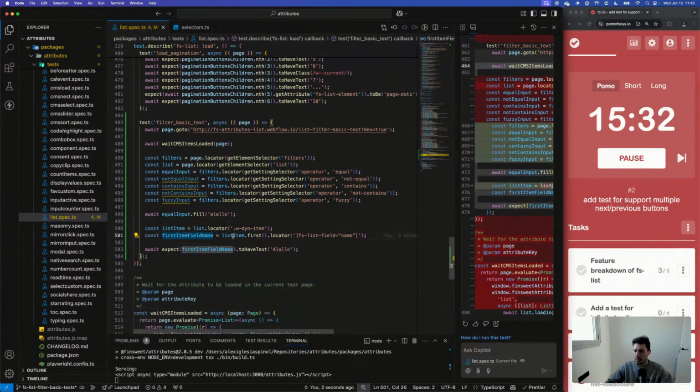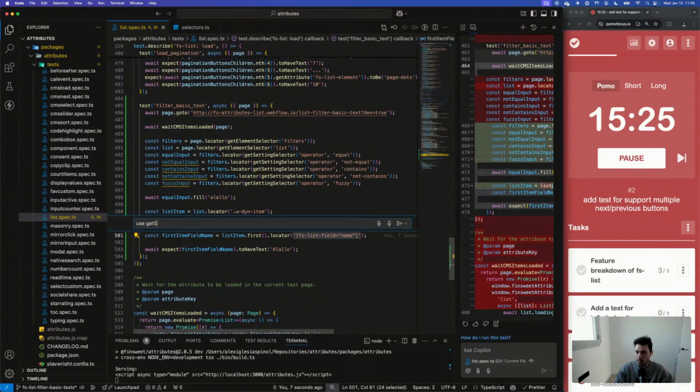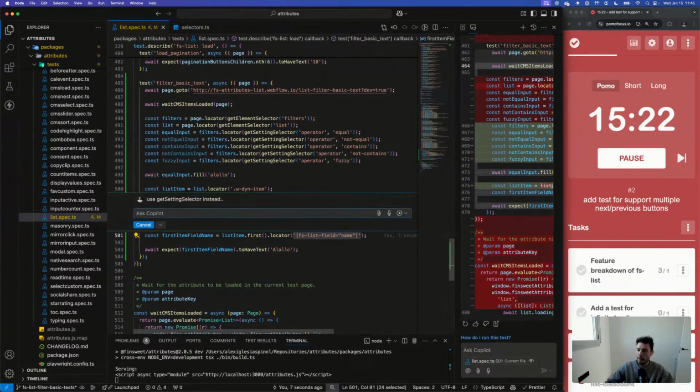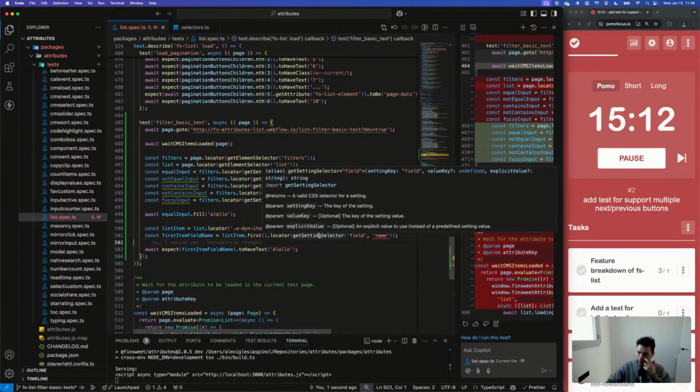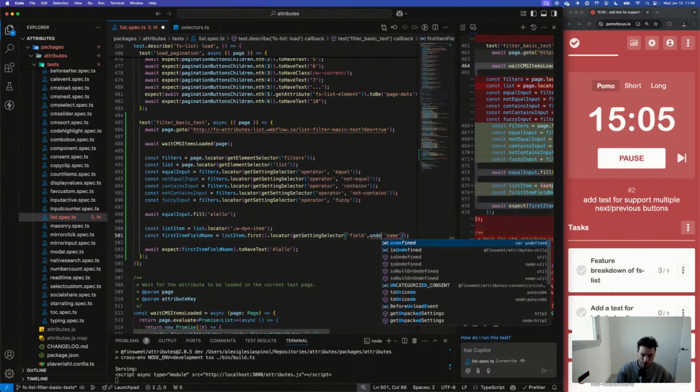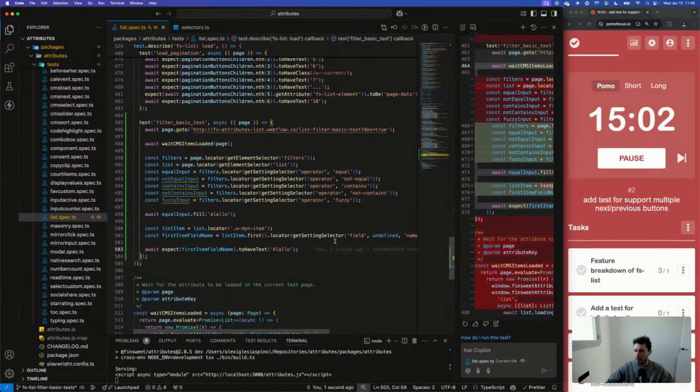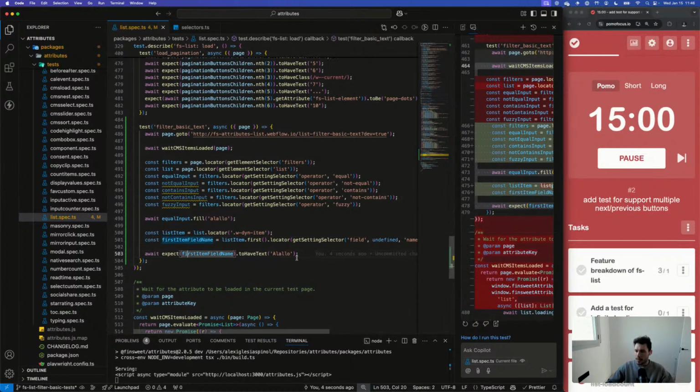First item, fill name, locator, use get setting selector instead. Yeah, like that. And okay, let's try this.